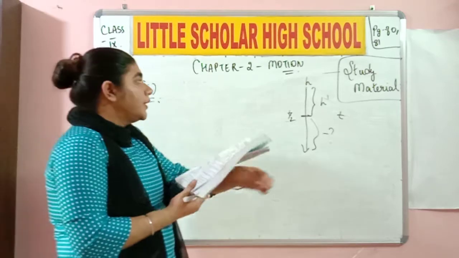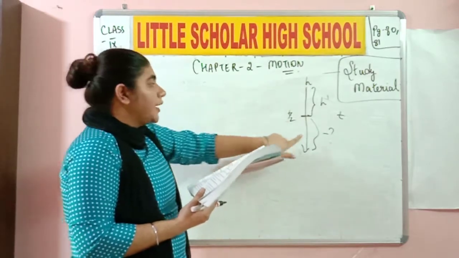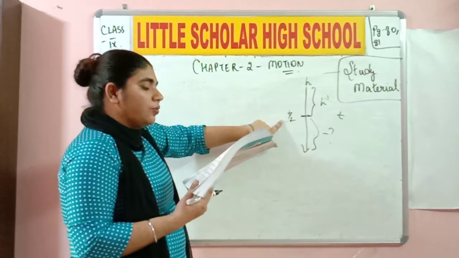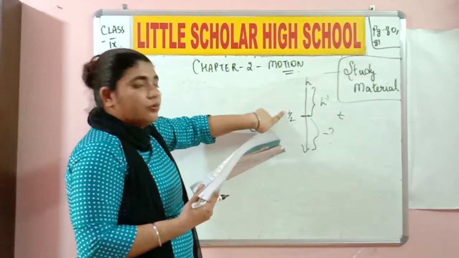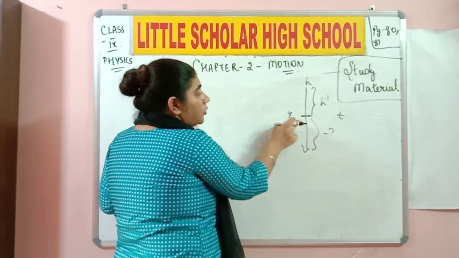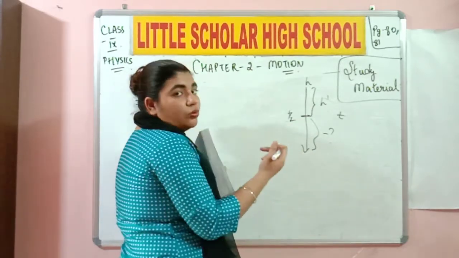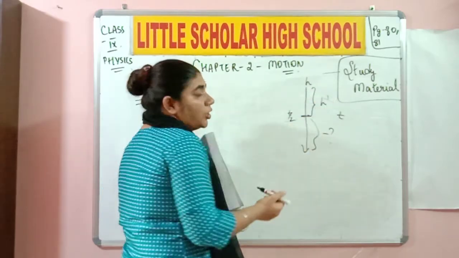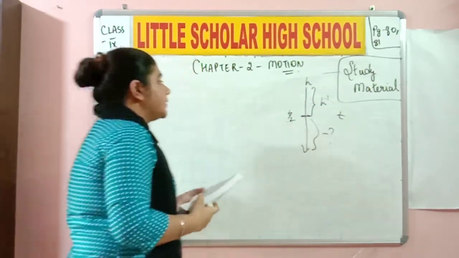A body released from height h takes time t to reach the ground. After time t by 2, we need to find out its height from the ground. Do you understand? That we cannot do directly. Before that, we need to find out the distance from h to t by 2. Did you understand now? So let's see this again.